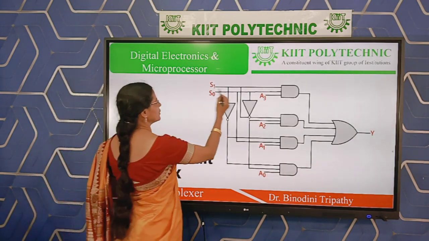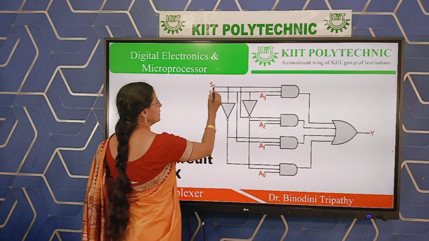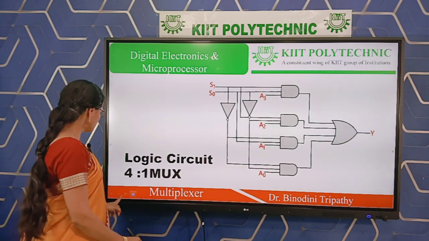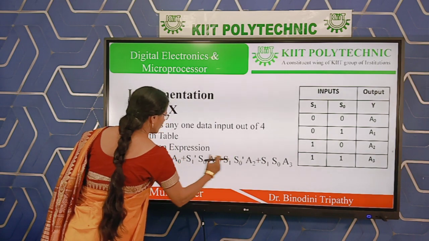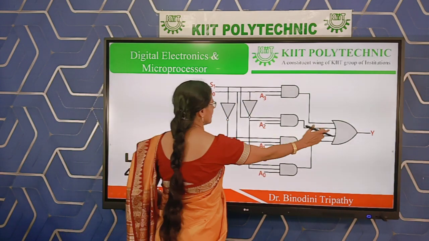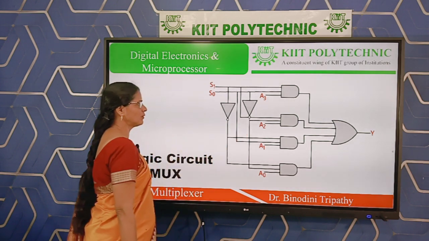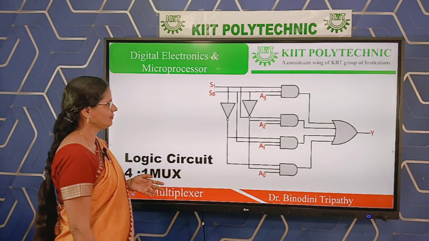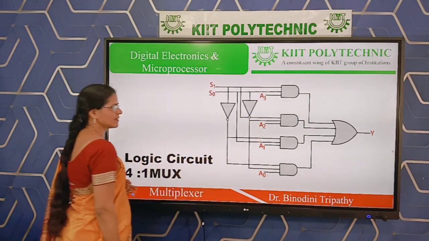Here 2 selection inputs, so accordingly S1, S0, and directly these lines are providing you the S1, S0, and the NOT gate outputs are providing the complemented output. So as per the Boolean expression, this is 1 AND gate, this is 1 AND gate, this is 1, 2, 3, 4 AND gates and 1 OR gate. 4 AND gates, 1 OR gate, and S1, S0 you have to take. Those complemented values also you have to take. Then circuit design depends upon you how you start. Accordingly, the total number of inputs equals the total number of AND gates, but always you have 1 OR gate.